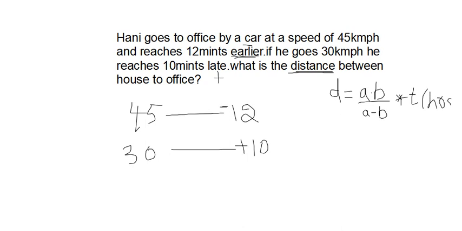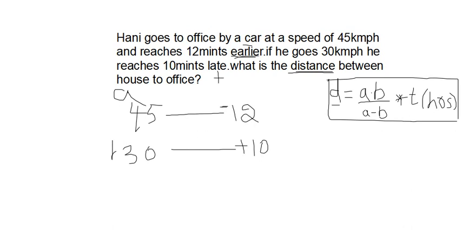If you know this formula, based on this model, any question they give will be easy for you. Means when they have given us speed and time, and ask you to find distance, what is the formula, friends? AB by A minus B into T. Time will be in hours. Here A and B mean speed. Initially what speed they have given, later what speed they have given. First they told 45 km per hour, that means this is our A. Next they have given 30, so this is our B. Now substitute all these values and you will get the answer.